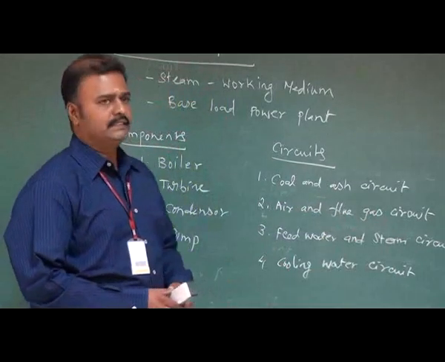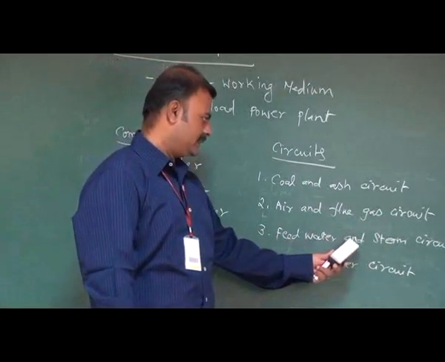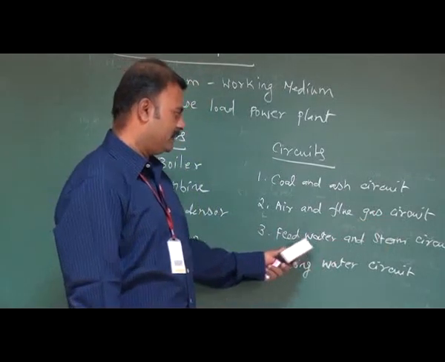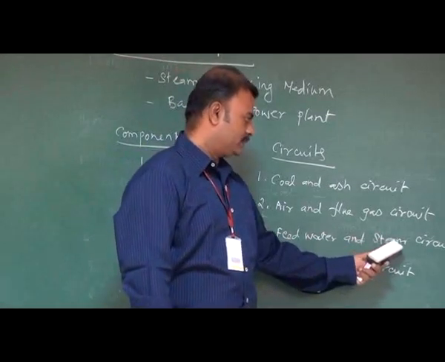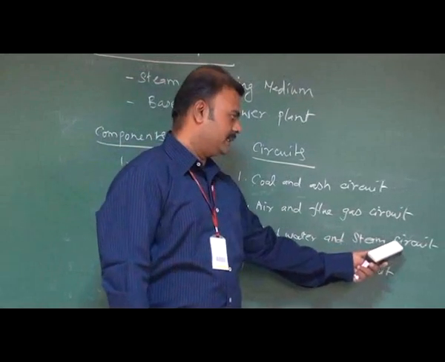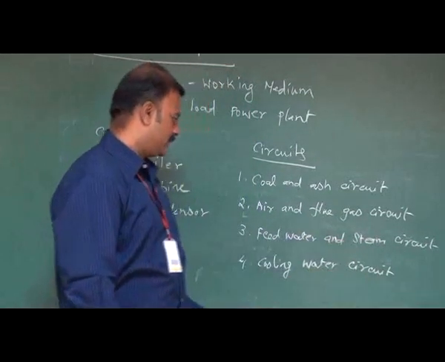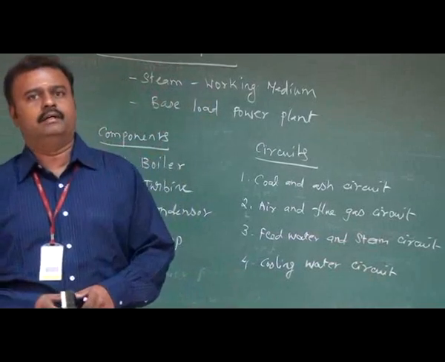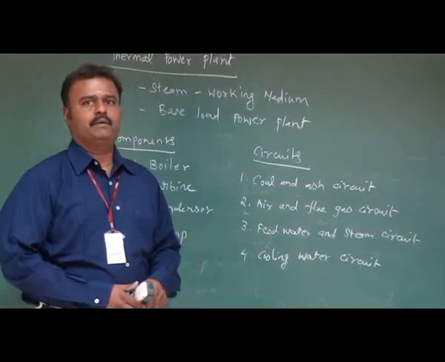The next one is the feed water and steam circuit. Feed water is the water which is circulated inside the boiler, where it is converted into steam. So how is it circulated, how is it heated by the economizer? Those things we will see in the feed water circuit. Another one is the steam produced in the boiler, which is used to run the steam turbine. That steam turbine is coupled with the generator. The power is produced from the turbine. That is explained by the feed water and steam circuit. Another one is the cooling water circuit. While running the power plant, we must cool the accessories. So how can we do that? By using the cooling water circuit, we can explain one by one.